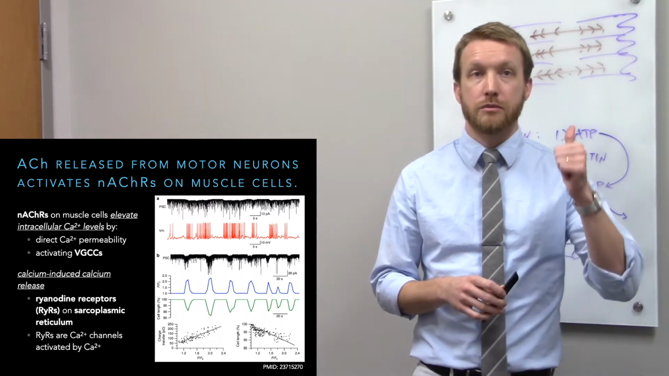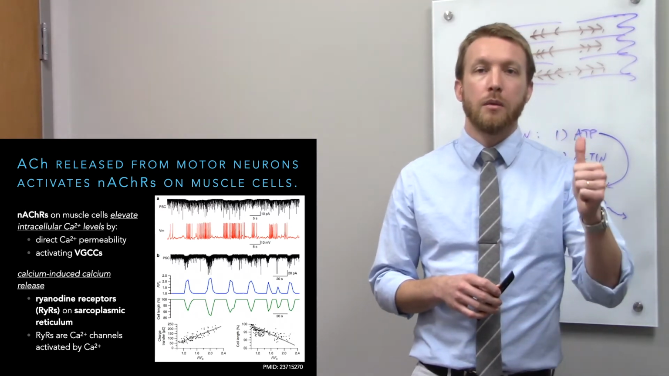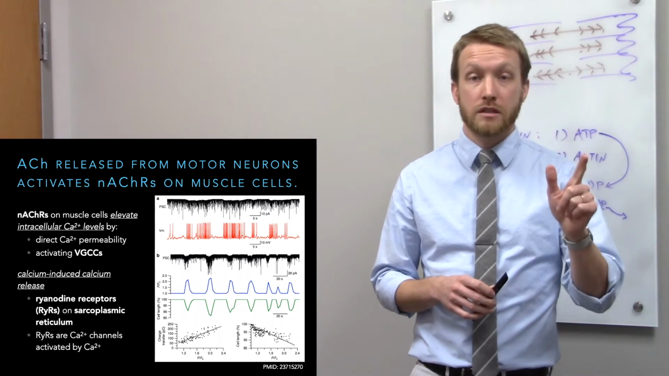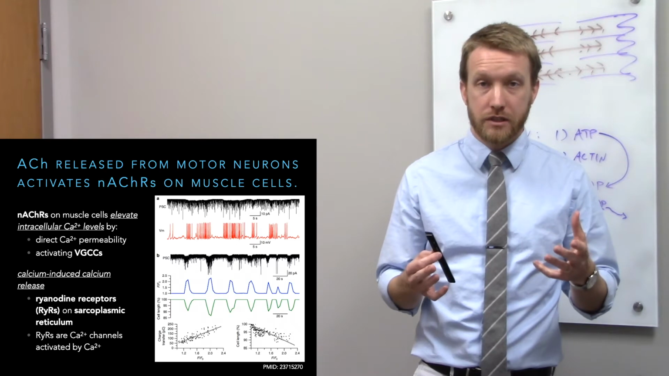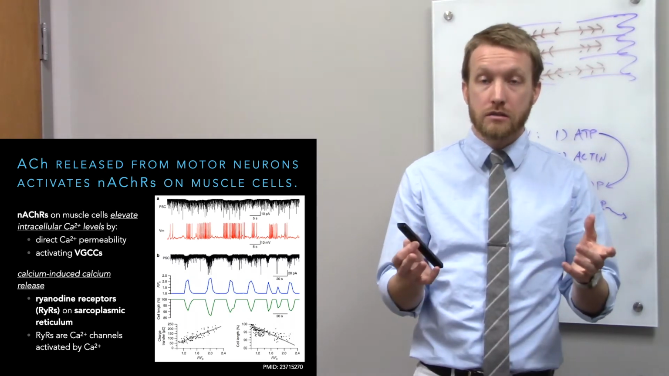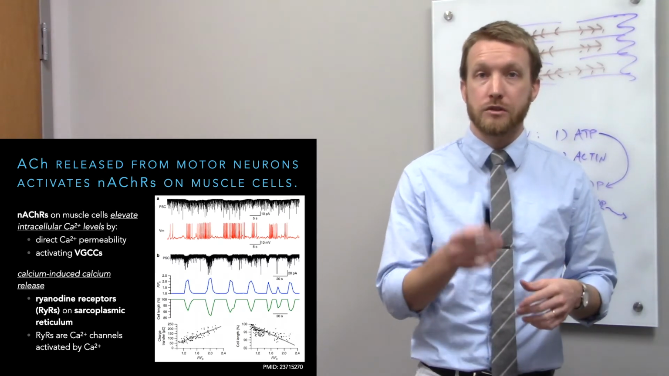Nicotinic acetylcholine receptors are a little bit calcium permeable, but more importantly, they depolarize the muscle so that it fires an action potential. That action potential then spreads throughout the muscle and causes the release of calcium from the sarcoplasmic